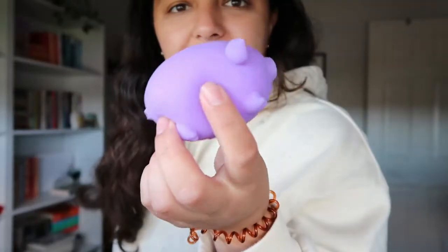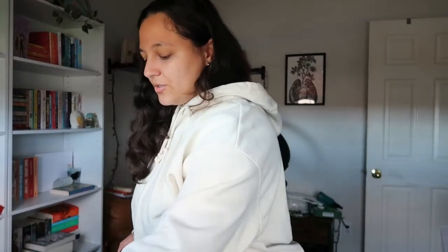Let's pack our bag for the coffee shop. So literally all I need to bring is my phone, which I don't really put in my bag, obviously. I do like to bring some sort of thing to play with just in case. So I have this little guy, little Nido pig. He makes gross noises. And then the two book options I'm going to be bringing, which I know I'm going to be reading this one way more than the other one because the other one I'm flying through because it's a graphic novel, but this one I do want to get maybe another 100 pages in today,